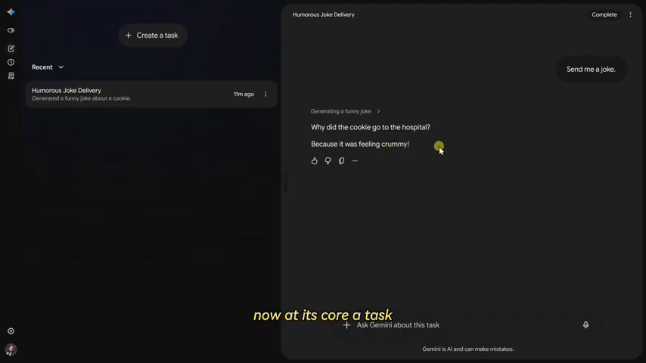Now at its core, a task, which we just did, is simply a piece of work that you want Spark to complete. Now I'd like to share these jokes with my kids, and I need to make sure that they're appropriate for children. Now this one was, but some might not be. Along with jokes, I might also use Spark to generate bedtime stories, or explain different topics to them. Rather than telling every task that the content should be kid-friendly,